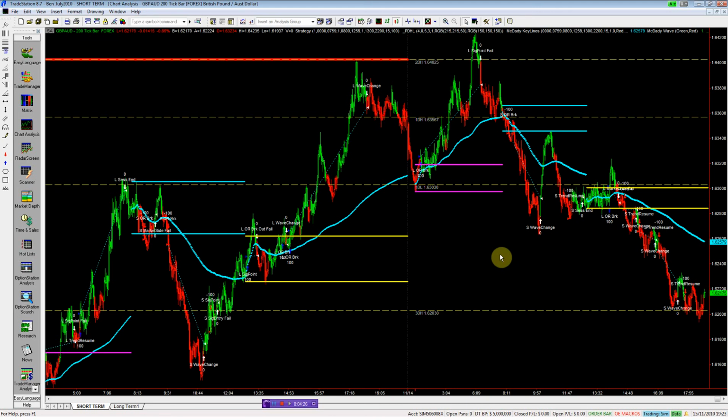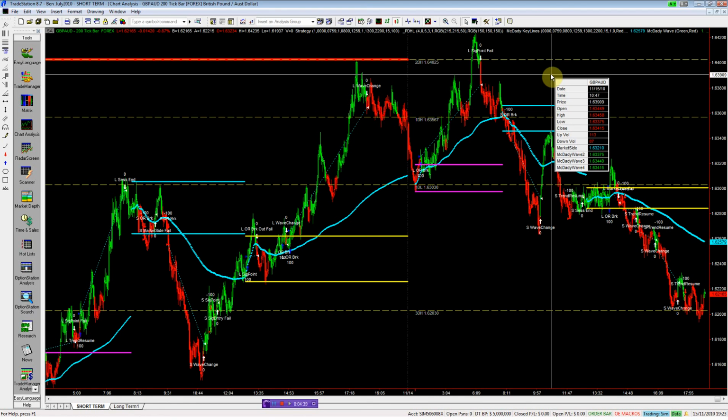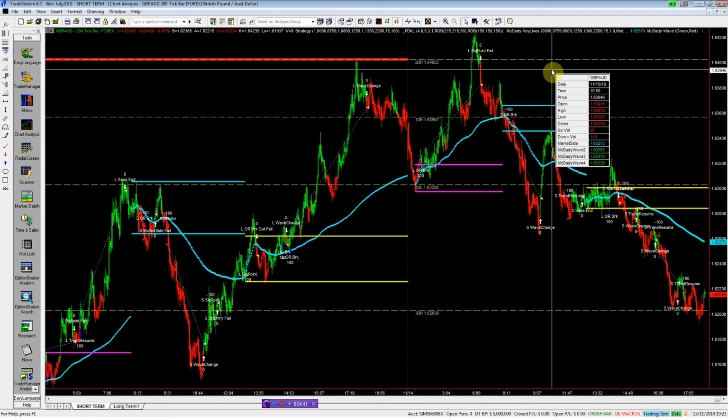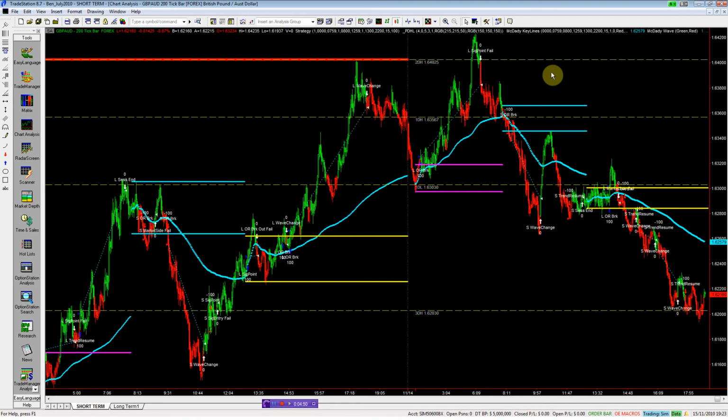Therefore, if you're going to go long at the structure, your stop's going to be just the other side of the structure, and I'd have it below 164. So you're going to have your long stop at 164, and on the short side